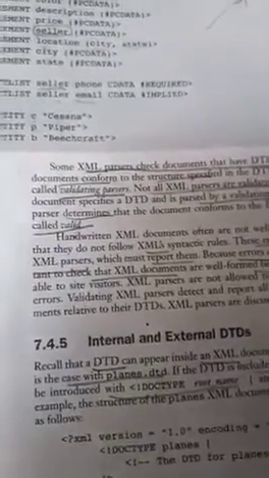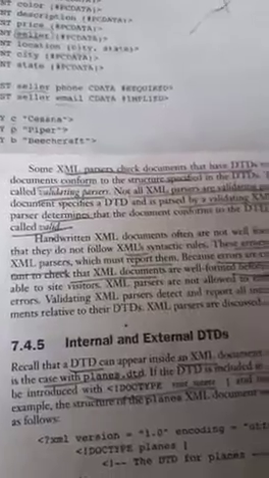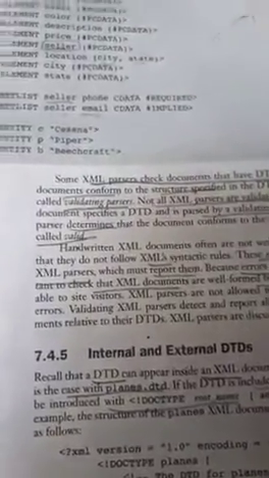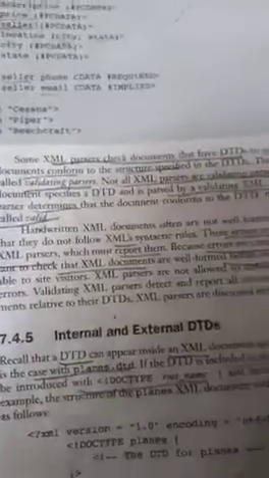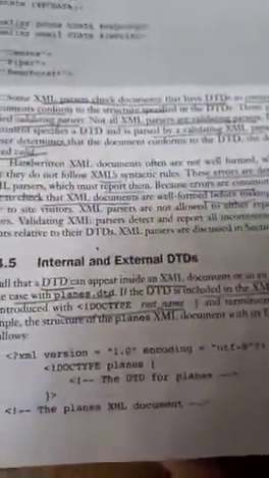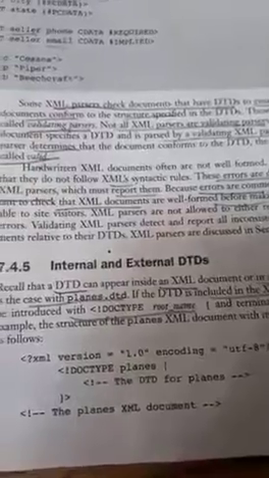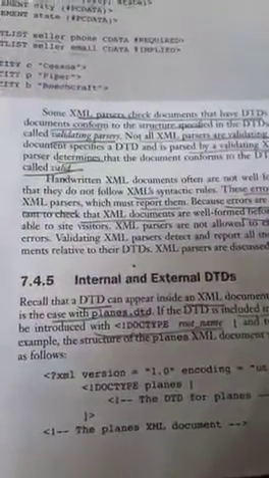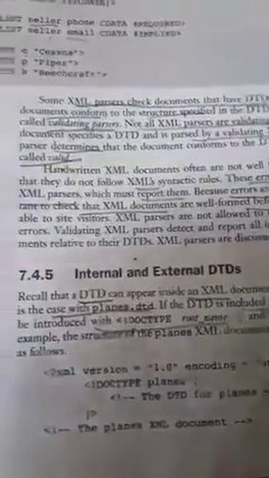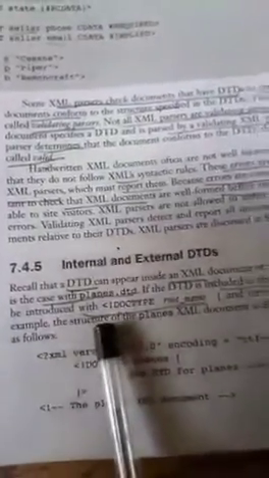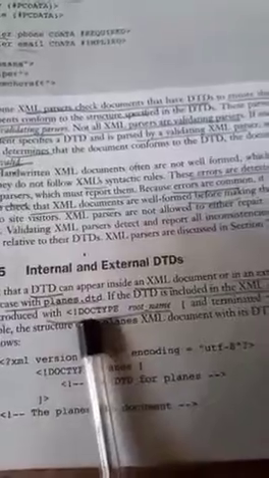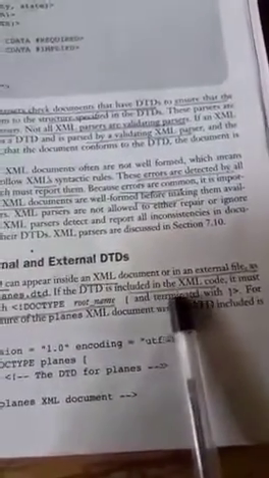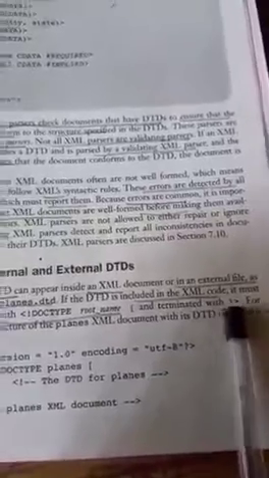A parser is used to convert the XML documents into a machine readable format. It is used for validating the XML documents. This is another example for internal and external DTDs. Internal DTD means it is defined within the document itself. Here is an example for external DTD. The external DTDs are specified with the keyword DOCTYPE, root name, and it is in square brackets, terminated with an optional part.